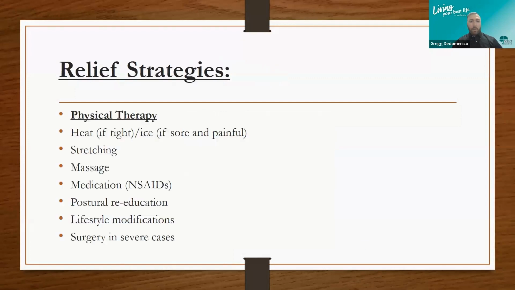Here we go. Some relief strategies as listed. These things are temporary at best. When it comes to spinal stenosis, most folks do have some form of pain that is always present. Although it's important to know that any of these strategies that I have listed here, while not permanent fixes, can still be utilized to help to some degree. And in the realm of empowering patients that I'm in, I always advocate for any kind of pain decrease if it helps to improve your quality of life and if it helps to improve your function, even if it doesn't